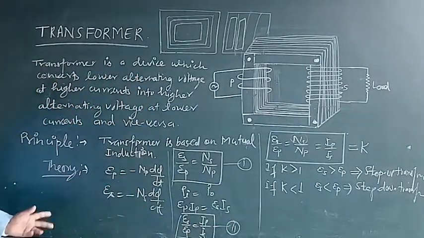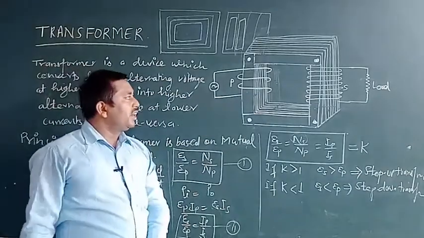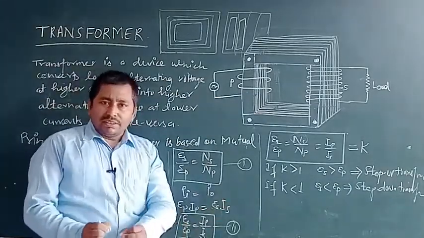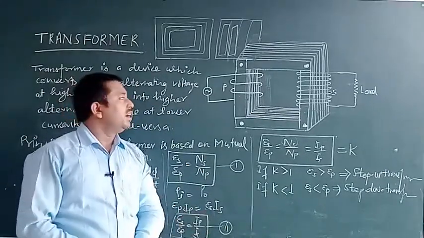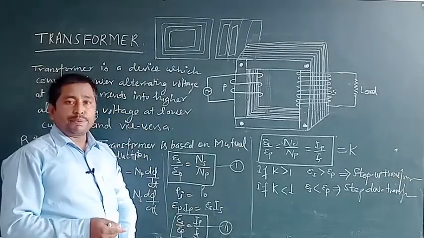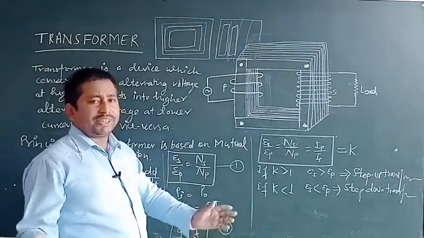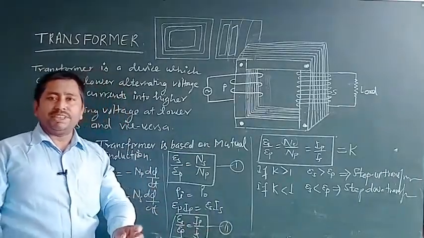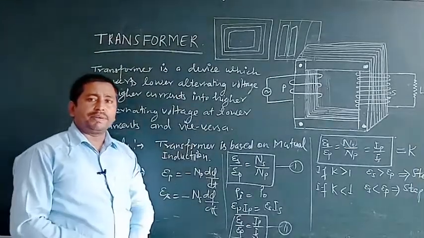So these are a few types of energy loss in a transformer, and this is a very useful device, and we use it in our daily life because we have to reduce electrical energy from a higher voltage value to a lower voltage value for operating different types of machinery. Okay, so this is all about the transformer.